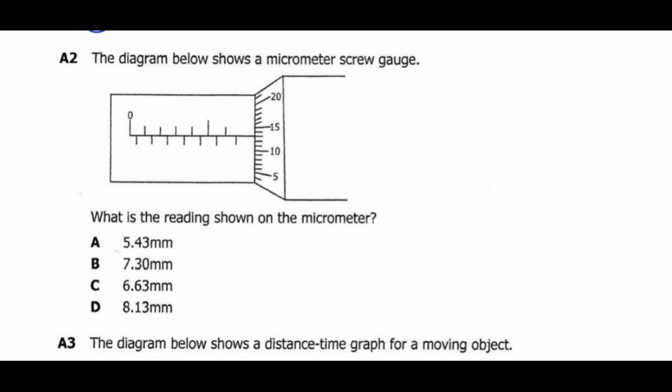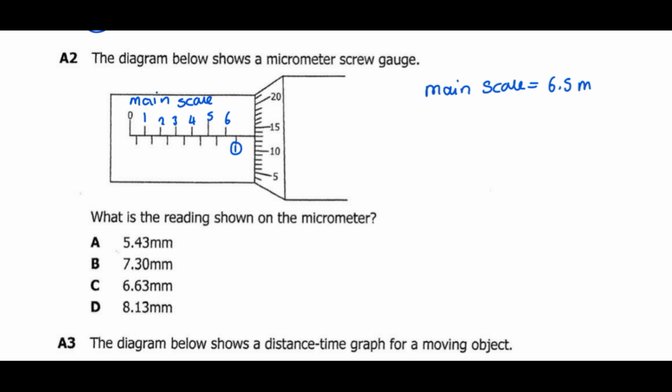question 2. The diagram shows a micrometer screw gauge. So what is the reading shown on the micrometer? First, we need to look at our main scale here. What is the reading on the main scale? We need to count 0, 1, 2, 3, 4, 5, 6. Now this smaller mark represents 0.5. So if you have this smaller one before this vertical line here, we are going to say under the main scale